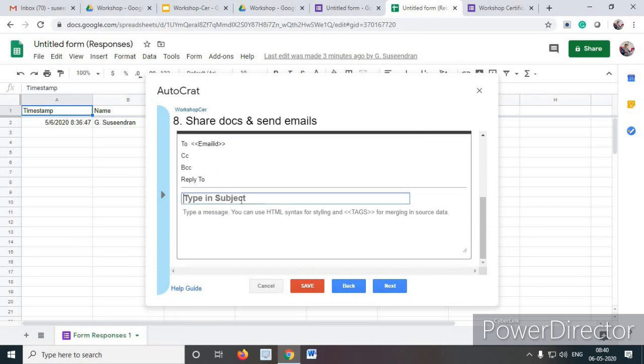Okay, so in the subject, we can enter this workshop certificate. In the body of the message, body of the letter also, you can type sir/ma'am.